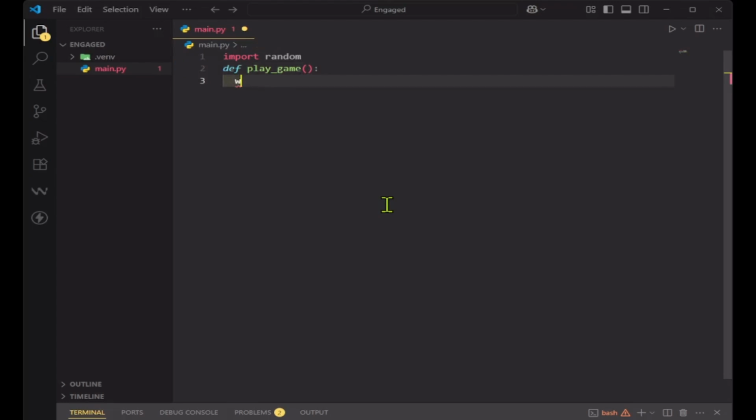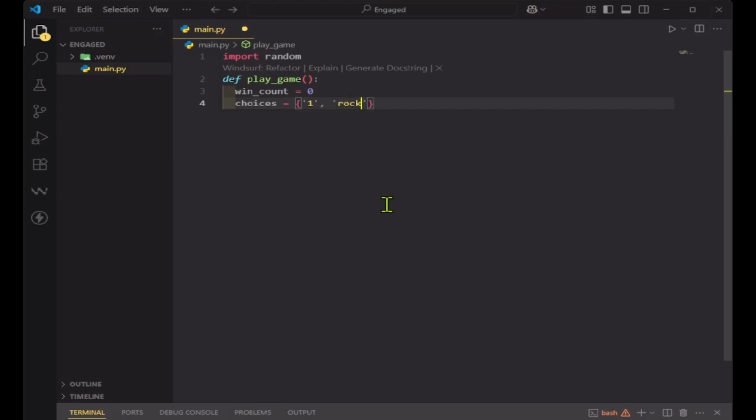With that, win count. Obviously, we're going to count the win so that when the required number of wins is achieved, we quit the game, come out of the game. Okay, win count equals, started with 0, choices equals, going to use a dictionary, and note it is a string within the quote. Rock, 1 is rock,